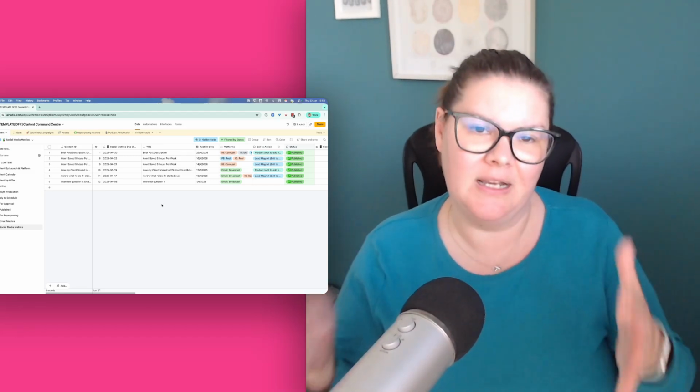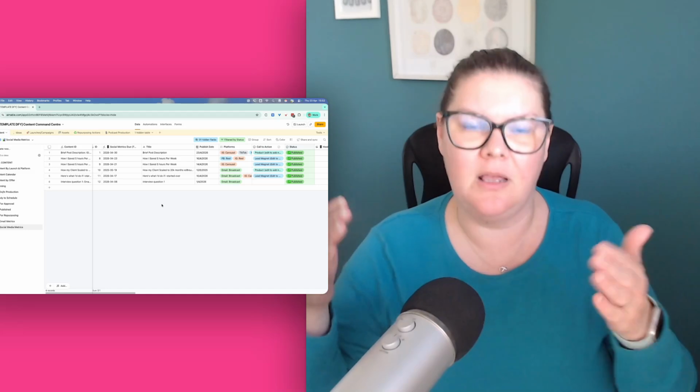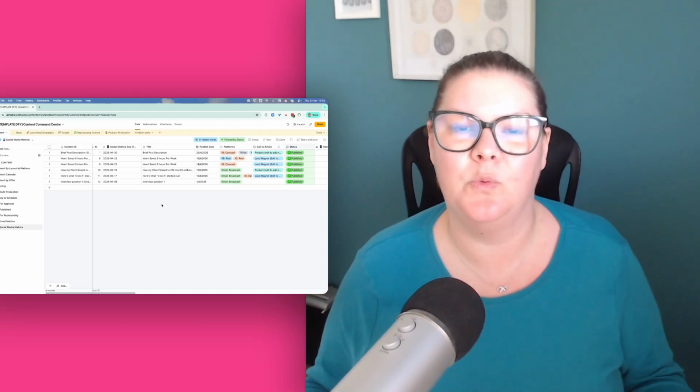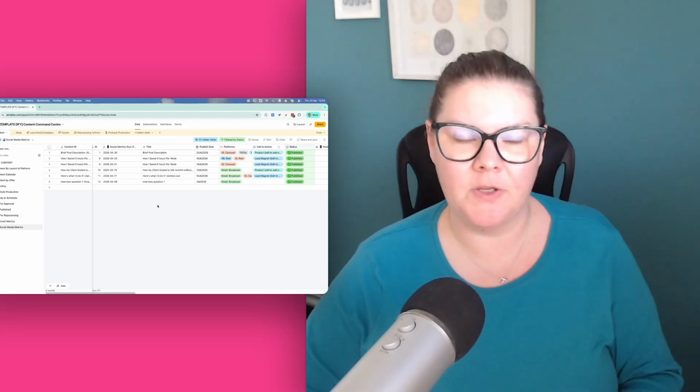If you've got everything living in this little place, and if you have a team, everyone can come here and actually find what you need, and then come up with that plan for what you're going to do next. So being able to see, not only does having a system like this help you with the production and the creation of the content, but then it's like, what do you want to do with it? Because there's no point spending all this time and effort on creating content to attract,